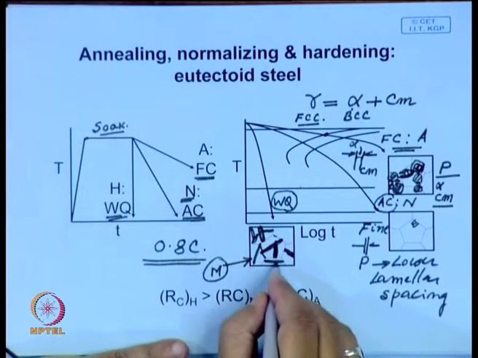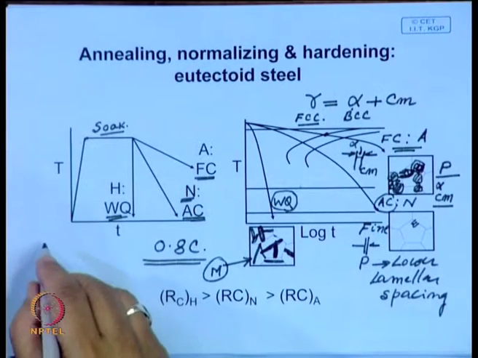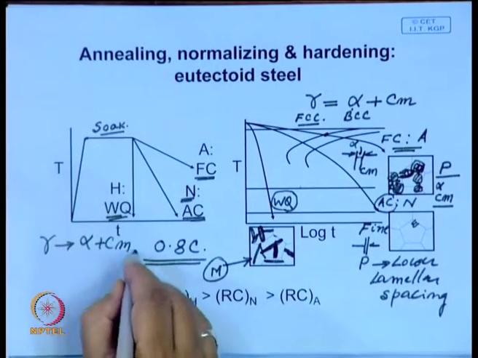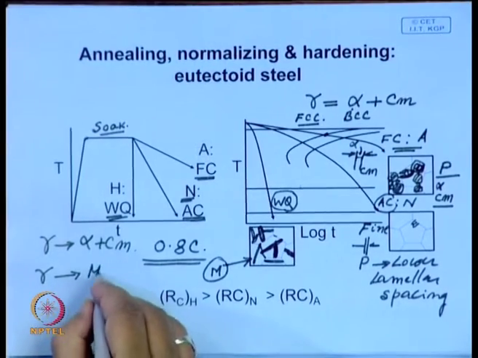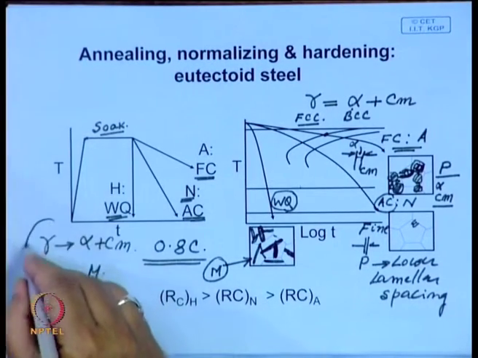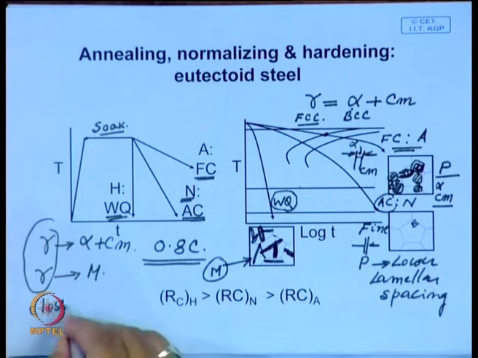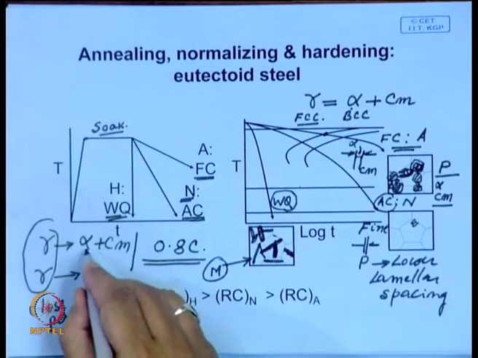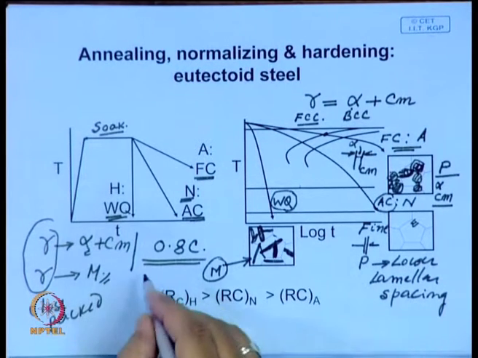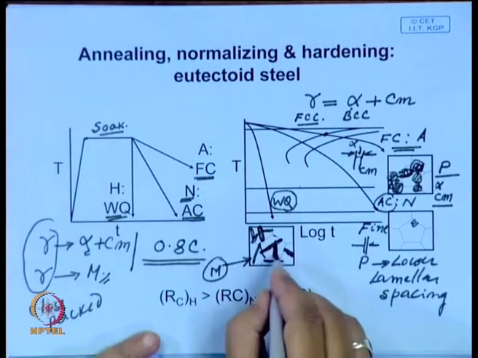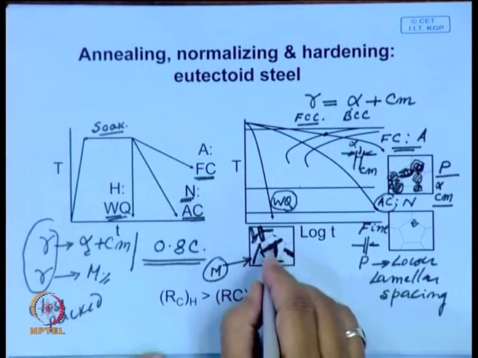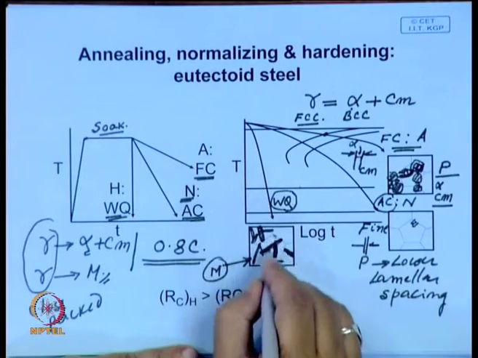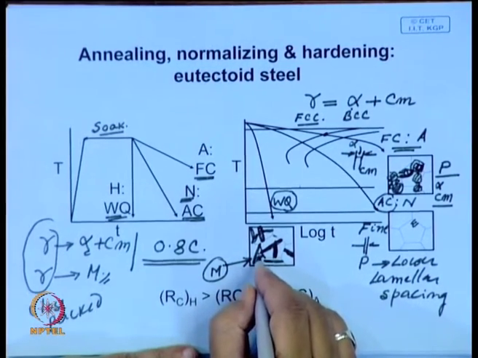Now, whenever these needles develop, in any decomposition process, whether it is austenite to ferrite plus cementite, or whether it is austenite to martensite, you look at this: on this side you have a close packed structure, and when this product forms, this is BCC, it is rather open. So, there will be substantial volume expansion, and that is why in the surrounding regions a lot of stress fields develop, and sometimes between these plates you may have some amount